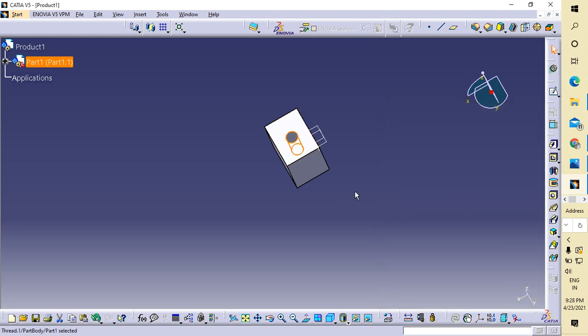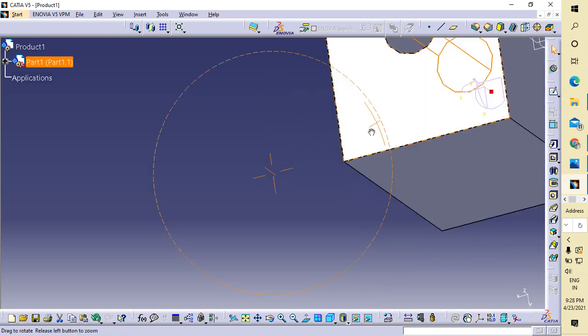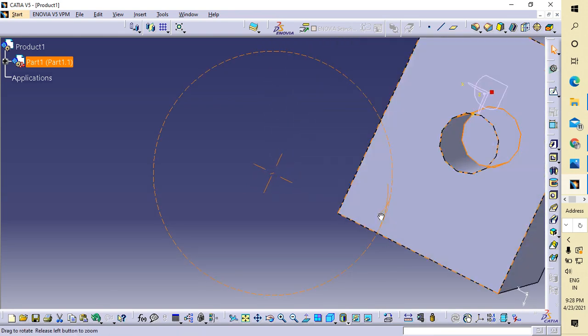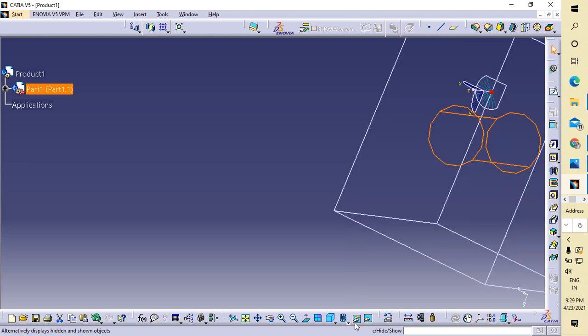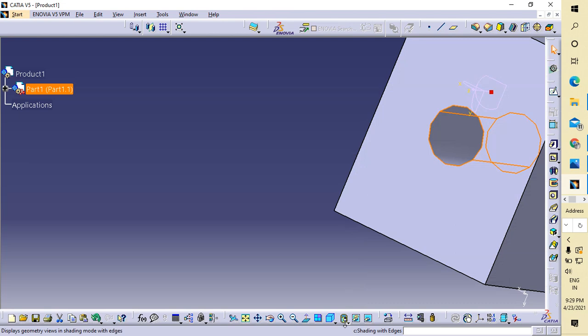Okay, the thread part is not shown here. So how can I show the threaded part? Okay, it is not showing me. How to show?